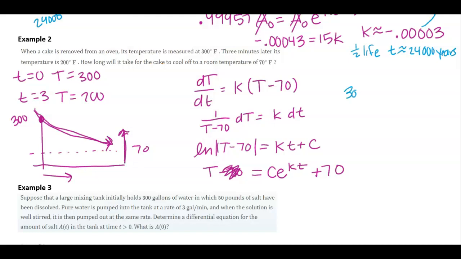So I know 300 is Ce to the 0 plus 70. So C must be 230. And then I also know 200 must be, I'm going to plug this back in, Ce to the 3k plus 70. All right, so I would have 130 divided by